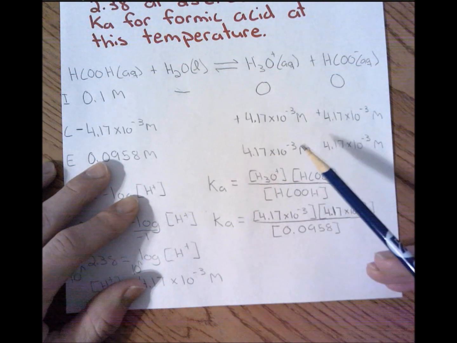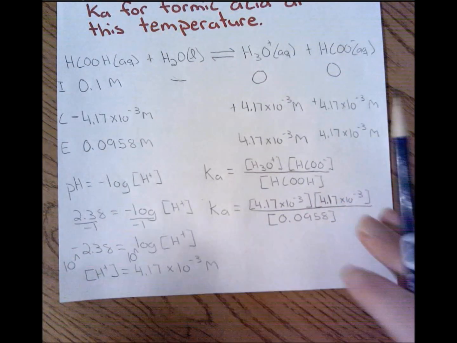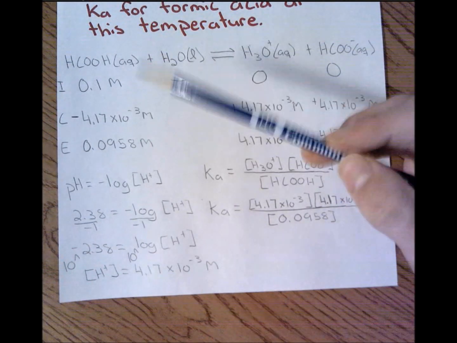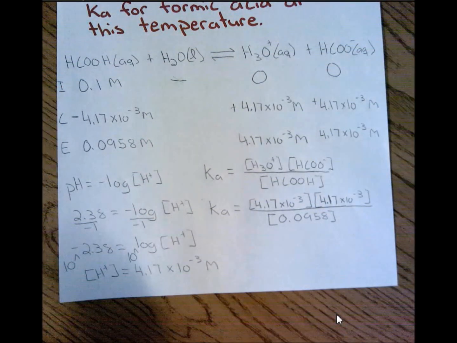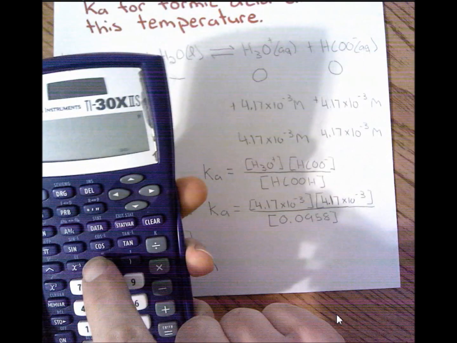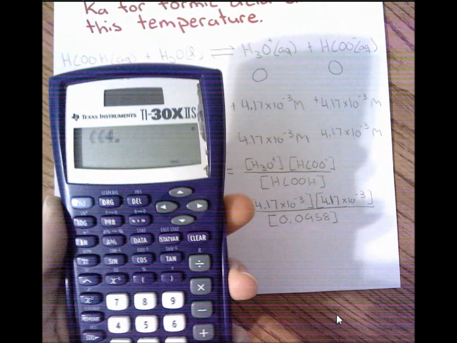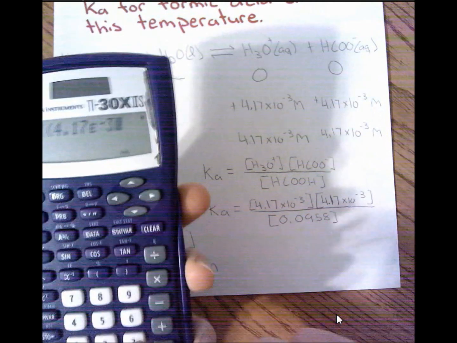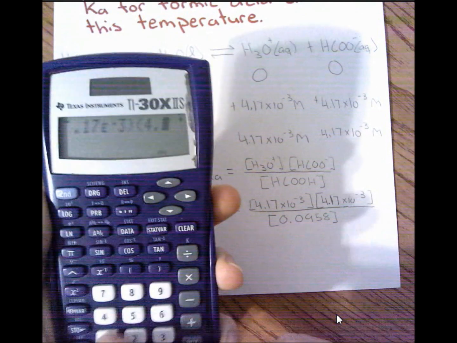Now, through our calculations here, I'm going to put a double set of parentheses, and I'm going to put 4.17 times 10 to the negative third, and I'm going to multiply that by 4.17 times 10 to the negative third. I'm going to close my double set of parentheses. Now, that's just the top portion. I need to divide it by